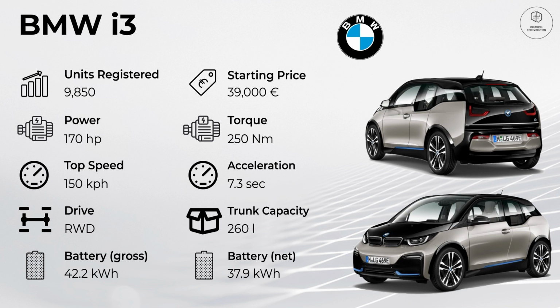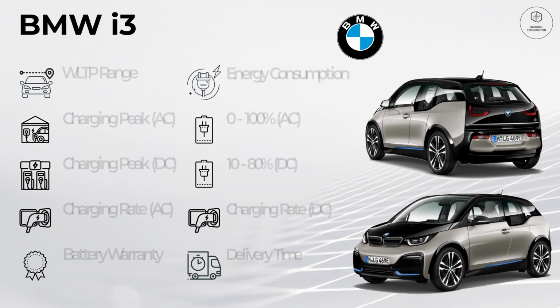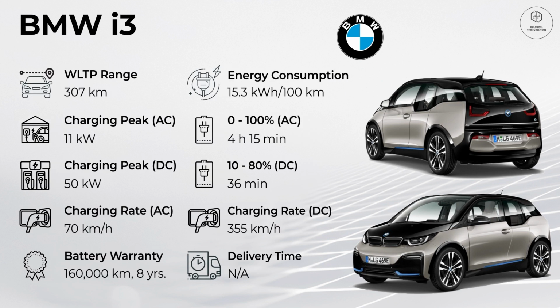184 horsepower. With a torque of 250 Nm, it allows the vehicle to go from 0 to 100 km per hour in 7.3 seconds, and the vehicle has a top speed of 150 km per hour. With a net battery capacity of 37.9 kWh, it is possible to reach 307 km on a single charge. It comes with an 11 kW onboard charger, and the maximum charging peak with a DC fast charger is limited to